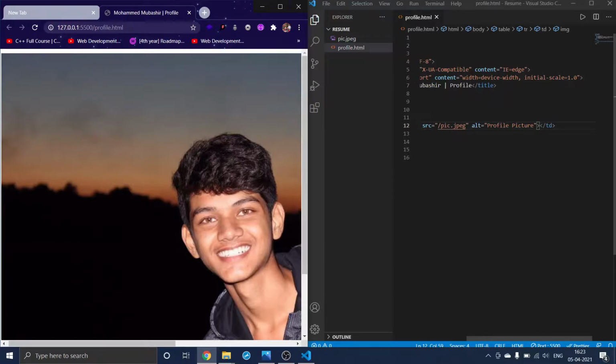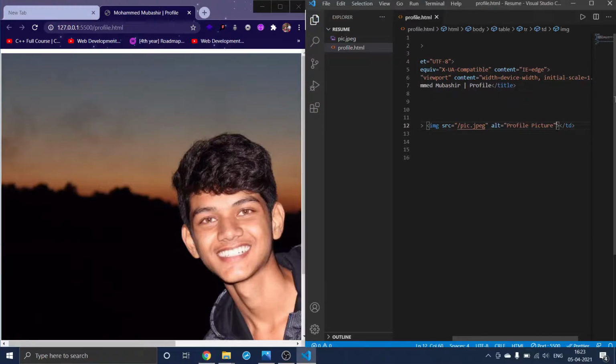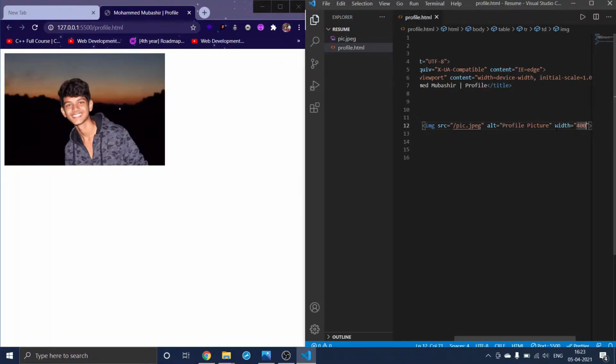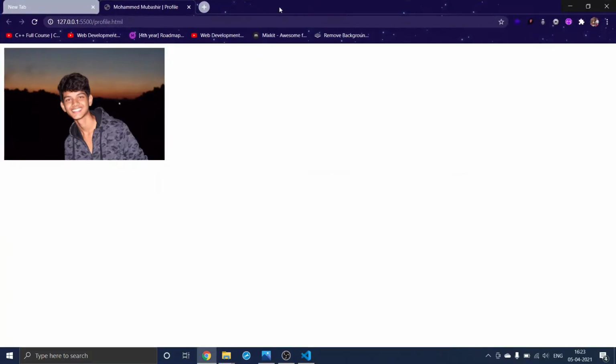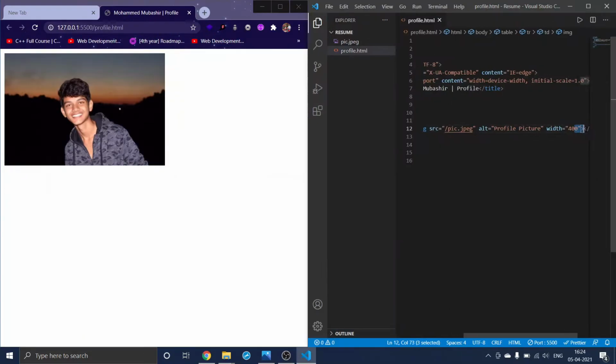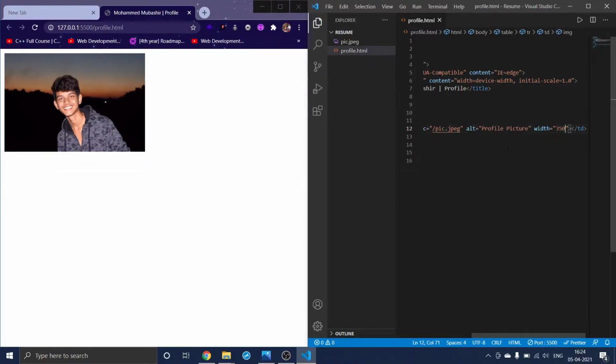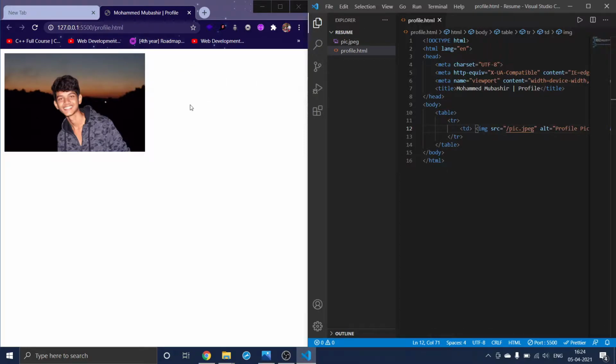Let me change the width of this to 400 and save. It's still, I think, okay. Change this to 350. Yeah, and now I need my name and something like my bio here.